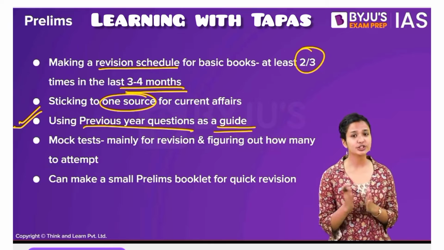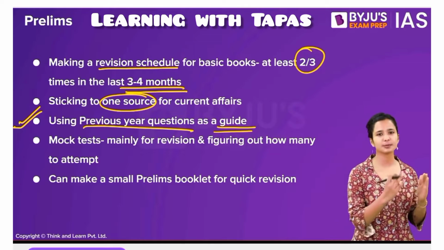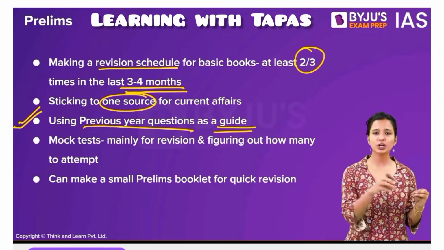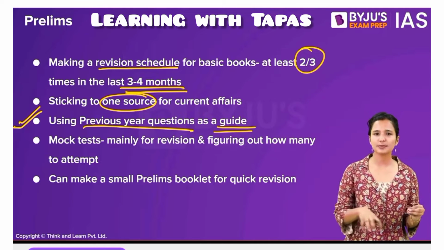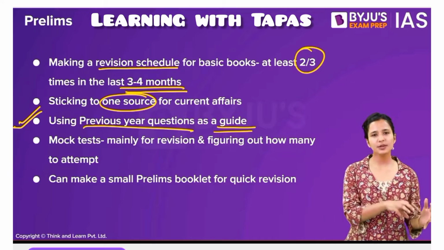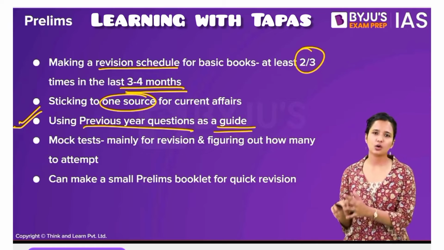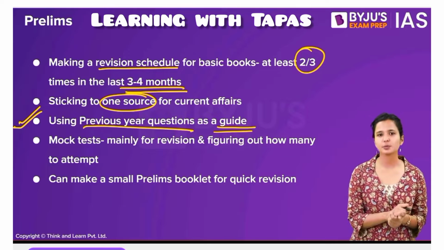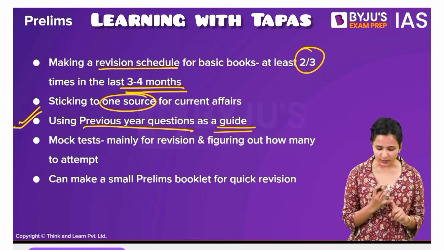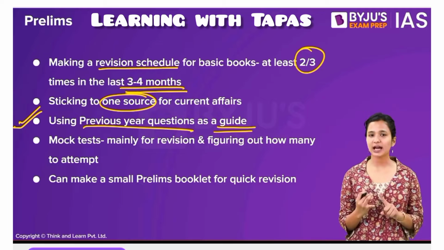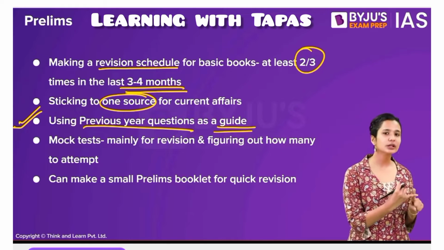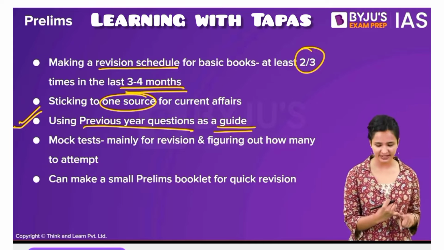Especially, I think, for history, certain sections, say Buddhism, Jainism, I prepared separate notes for that. So use previous year question papers if there are certain sections where there are loopholes or lapses in your preparation. Make sure that you prepare notes of those specific sections, 1-page or 2-page notes, which you find in the previous year question papers, but not anywhere else. So that was really helpful for me. That is something that I personally suggest you can do and you should do. And some other people who score really good marks in prelims have also advised me to do.